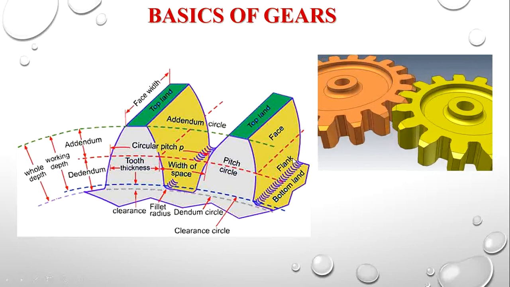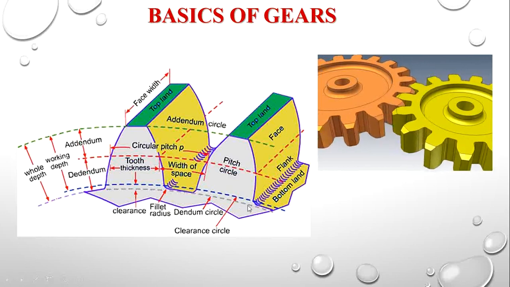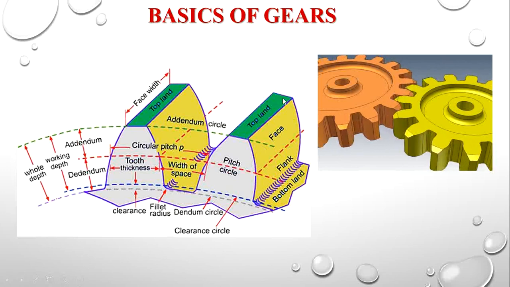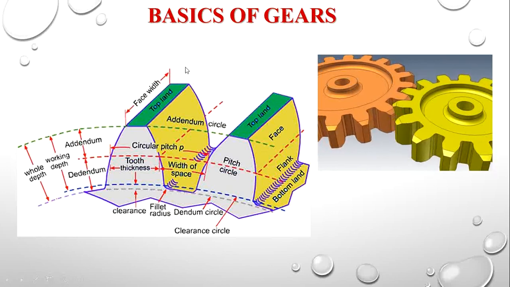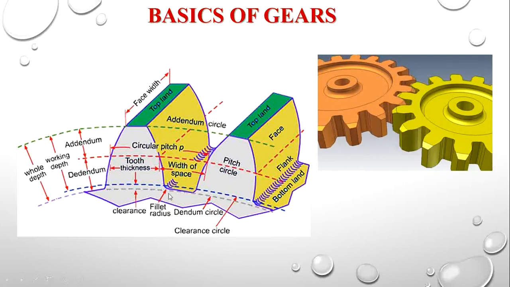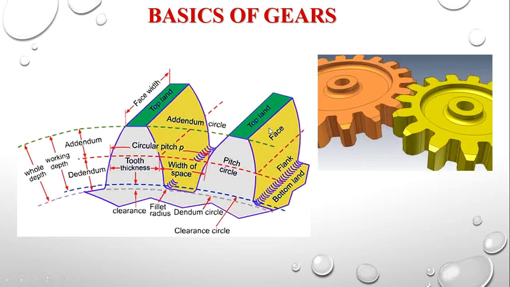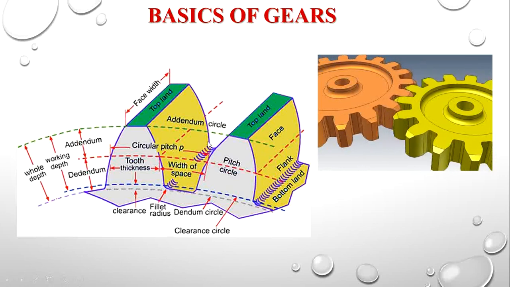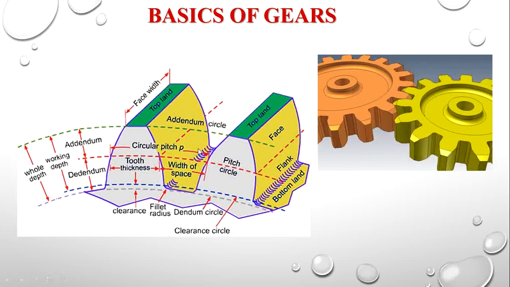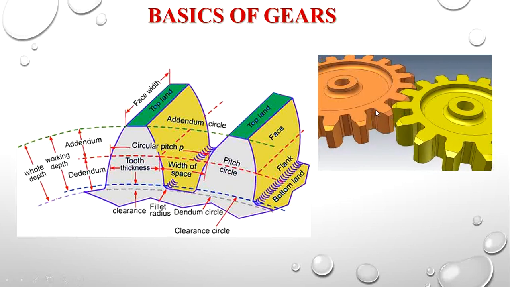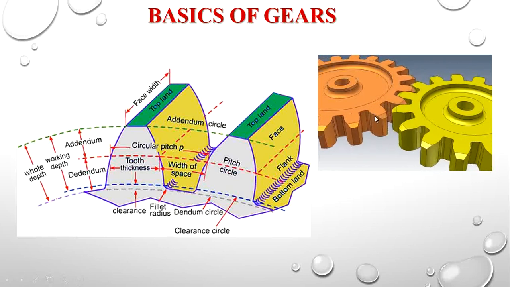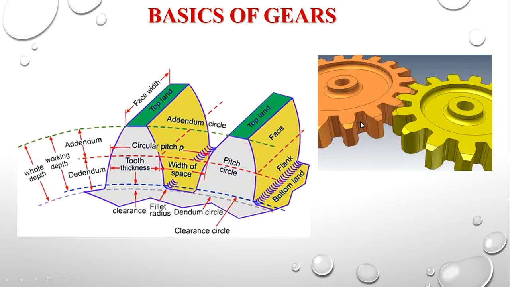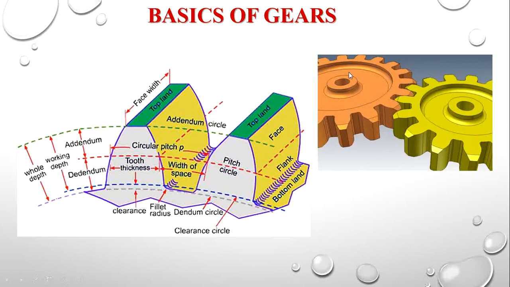Now the side of the gear tooth is called a flank, this is the top land and this is the face width. These are other important parameters of the gear, and gears usually have some fillets to avoid sharp corners that would create damage while meshing and running. So here you can see in this gear there is some fillet over here, some fillet over here. This is called a fillet, to smoothen the surfaces.